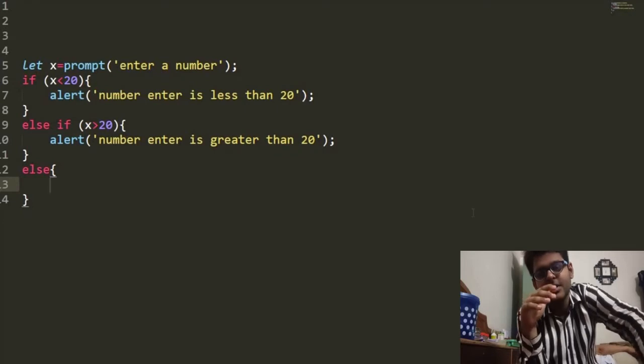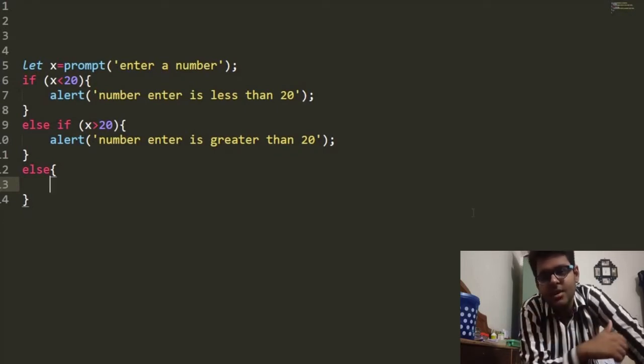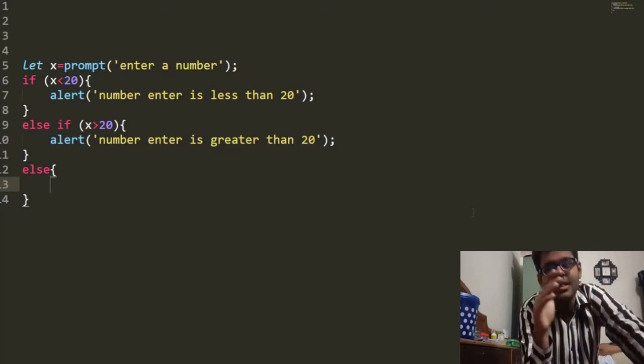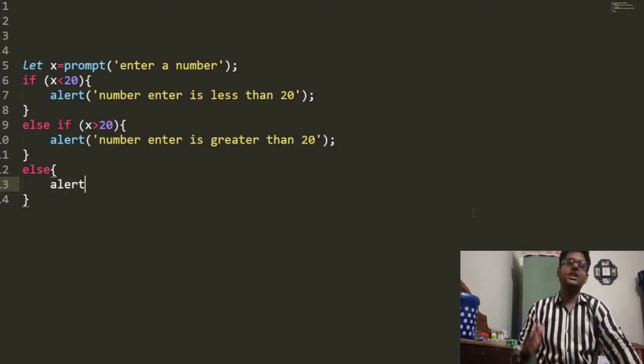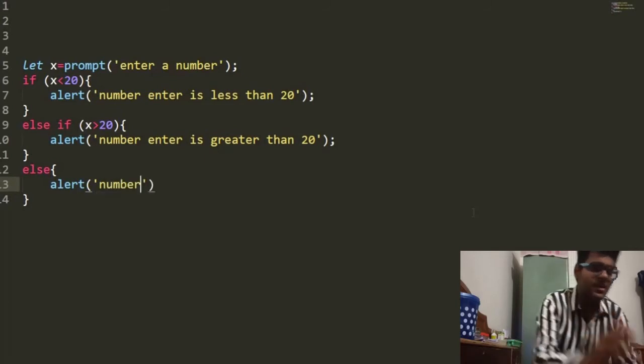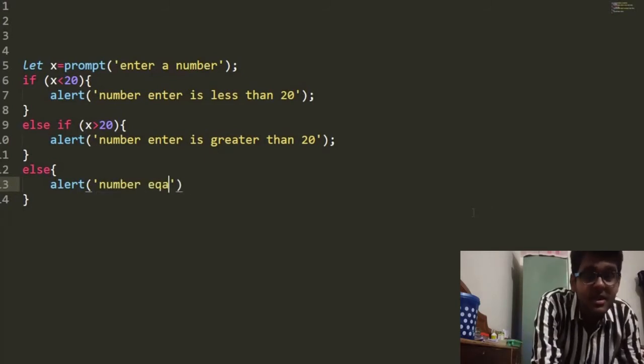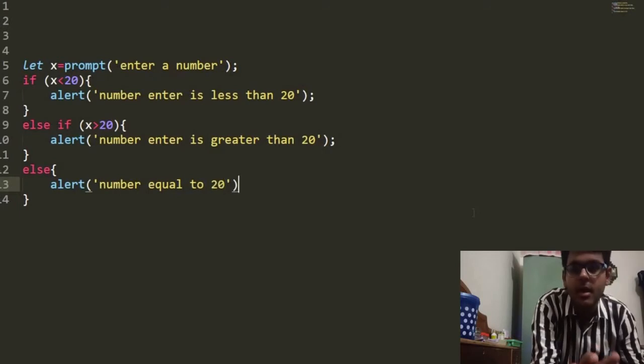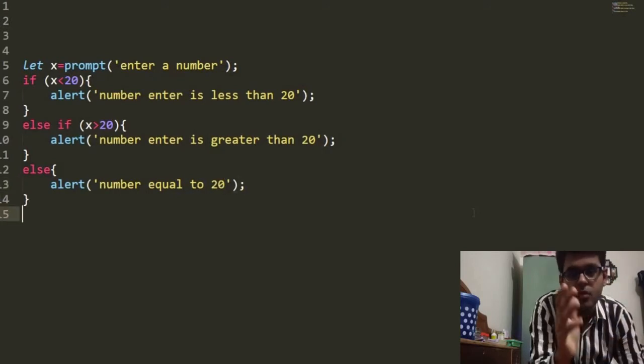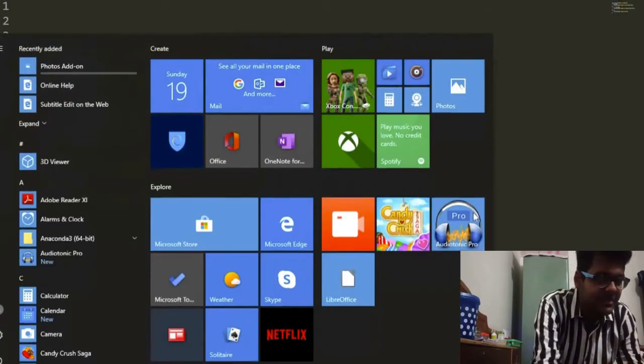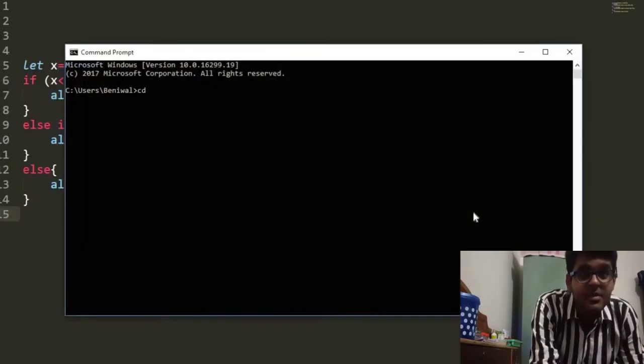If the number is greater than 20 we have used one condition, and if less than, and the third condition is alert, number equal to 20. So this is a fantastic question.